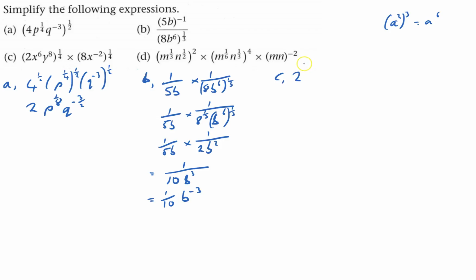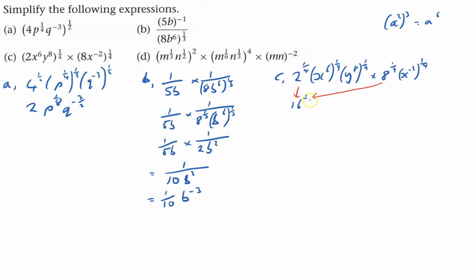So I'm going to have 2 to the power of a quarter times x to the 6 to the power of a quarter, and y to the 8 to the power of a quarter, and times it by 8 to the power of a quarter, and x to the power of minus 2 to the power of 1/4. All this times together, so I can just multiply out, and I've got 2 to the power of a quarter and 8 to the power of a quarter, so I can combine those two to get 16